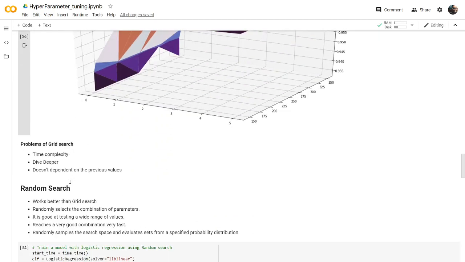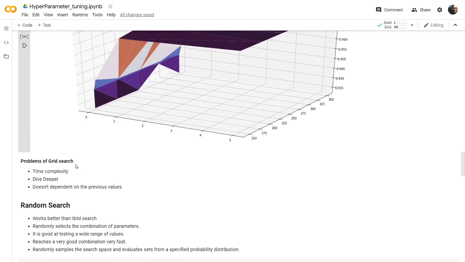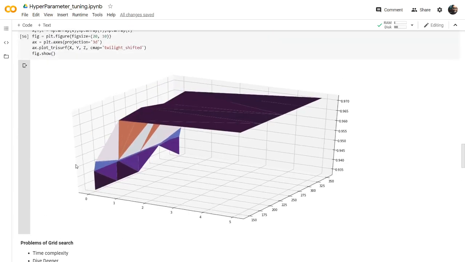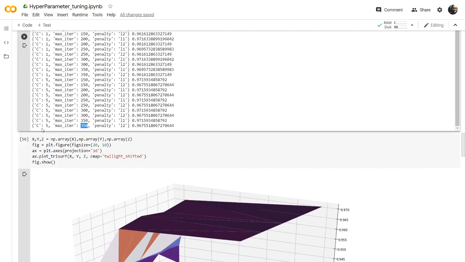So this is why grid search will take more time. Again you need to define a set of values, and again you need to train a model on all the combinations. So it takes more time again here. If you take a new set of combinations and you get the last value, again you need to take a new set of combinations based on that last value.